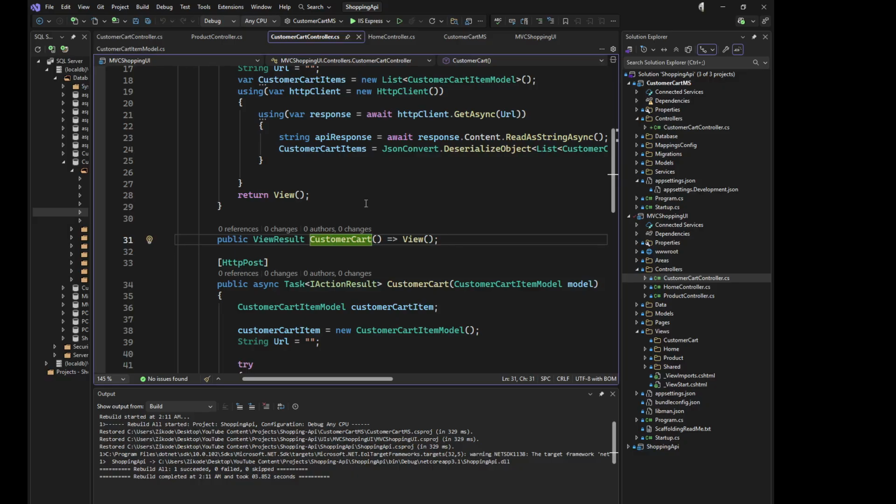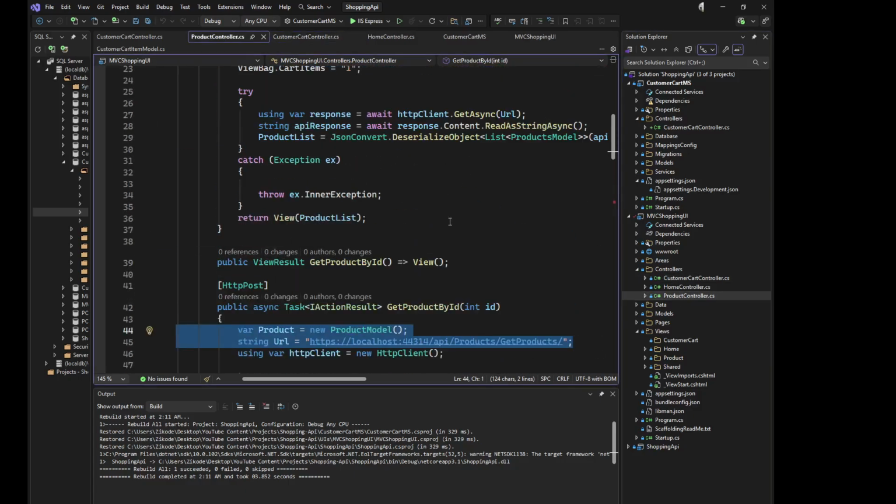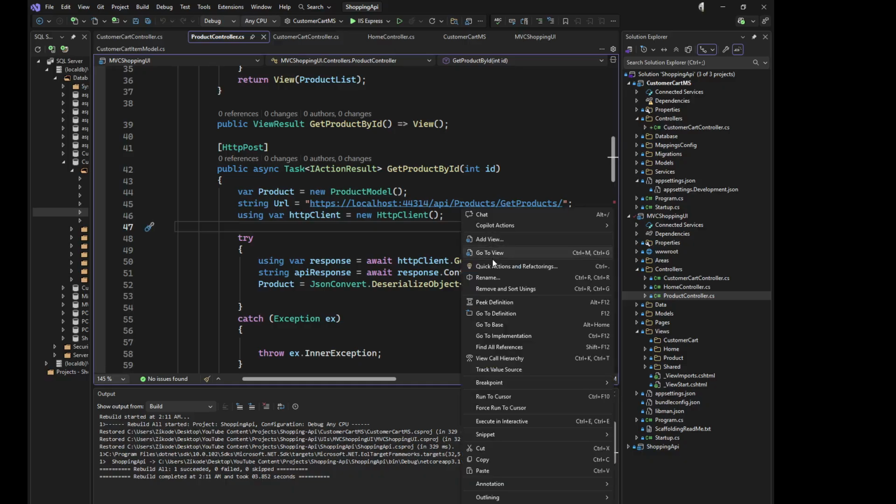This is where we will be calling this post method. That will be sitting on product get by ID. So when you go to the view,